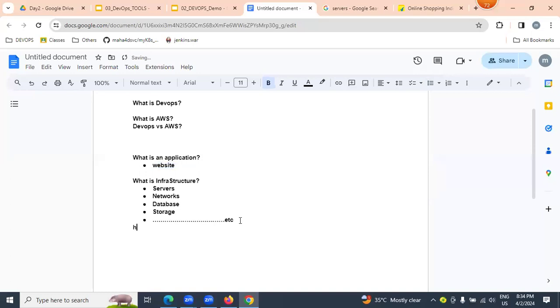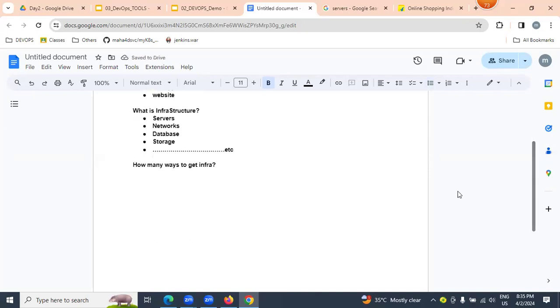But the question is, how many ways can we get infrastructure? We can get this infrastructure either in physical form, virtual form, or from a cloud environment.